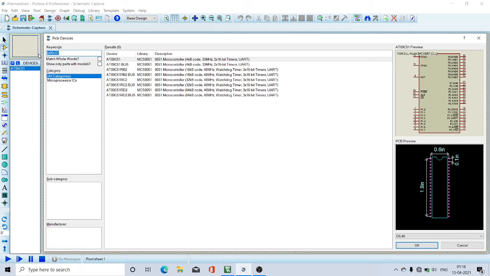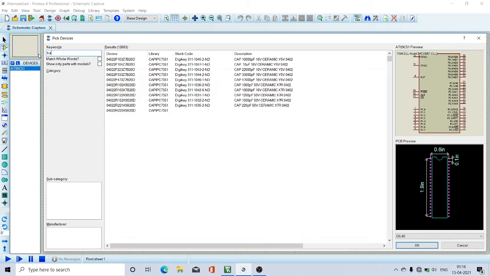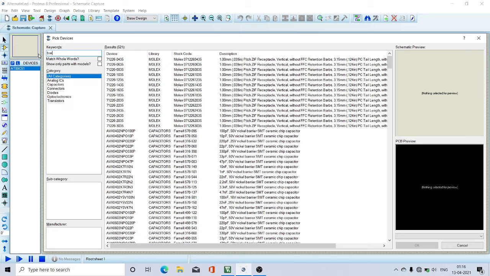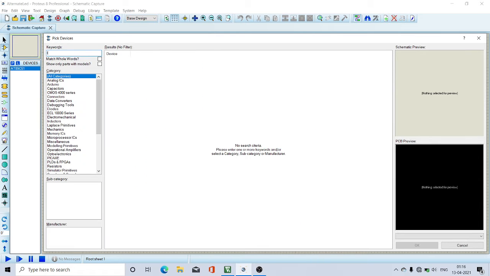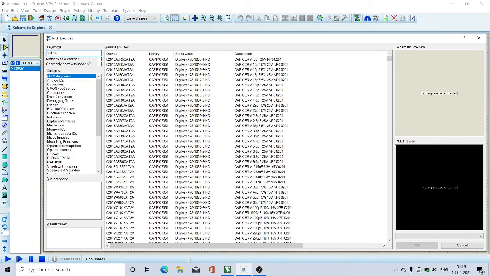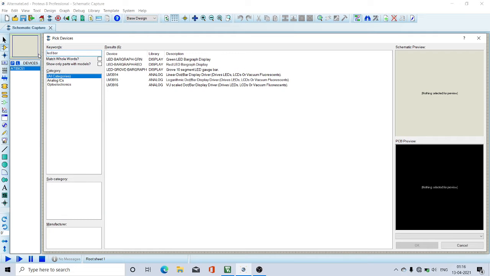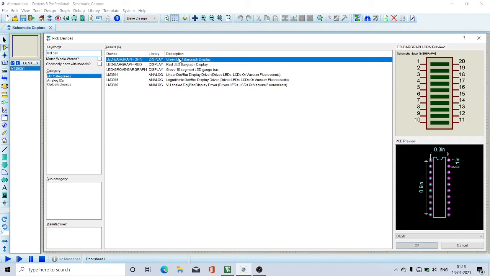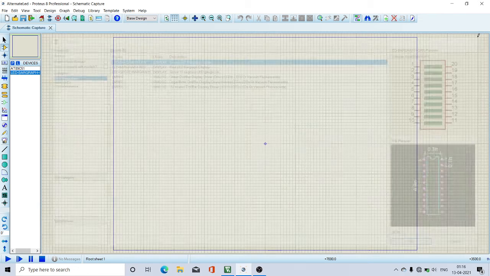This time I am also using an LED bar graph. You can see here LED bar graph green. I am selecting this and closing this.